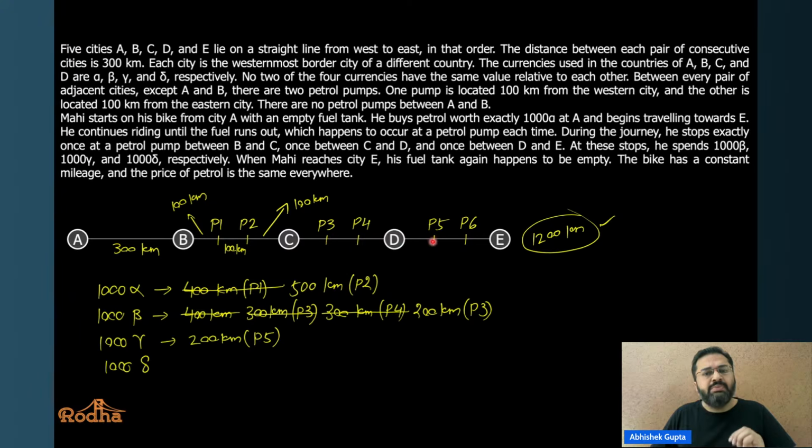But after this P5, how much would he need to do? This is how much? This is 200. तो ये 200 repeat हो जाएगा. So what does that mean? That this P5 is not possible again. So what is the only possibility? That after P3, he goes to P6. There is no other possibility.